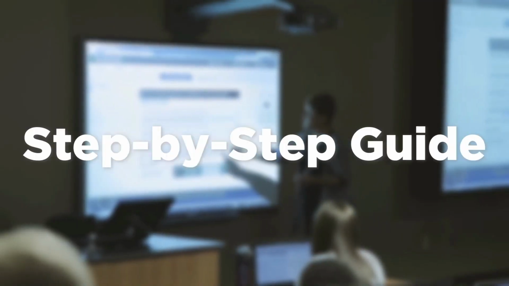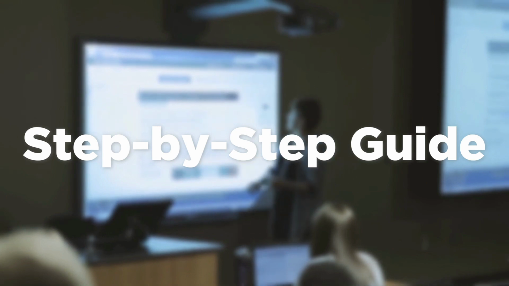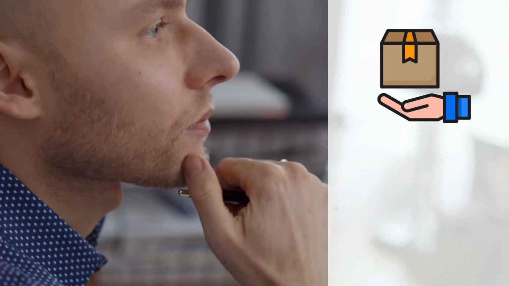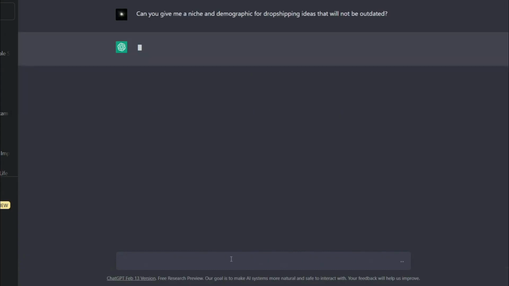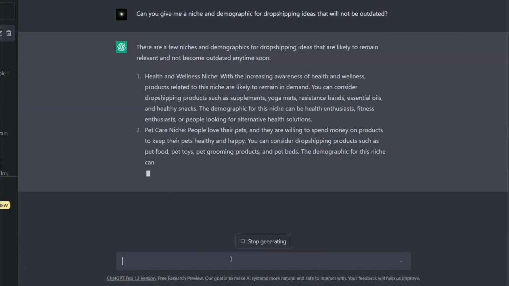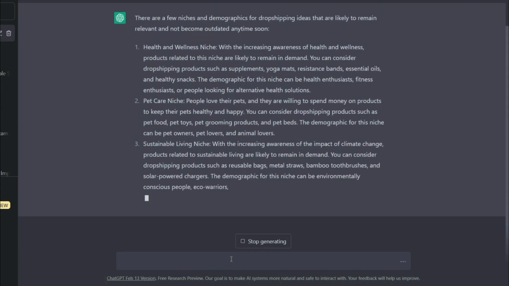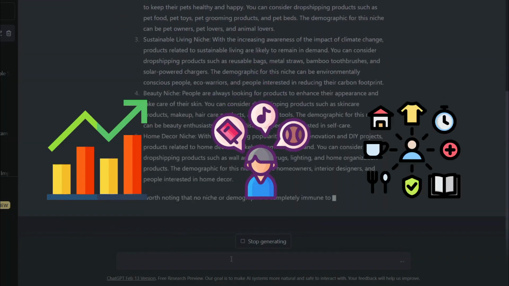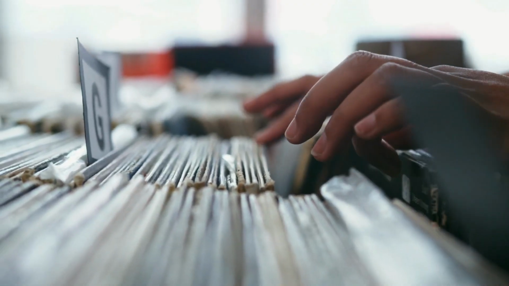Now, here is the step-by-step guide to using AI for dropshipping. Research your niche or demographic. Before you start setting up your dropshipping business, it's important to decide on what you want to sell and who your target audience is. This will help you make informed decisions about the products you want to sell. Start by researching your niche or demographic and consider what types of products would be of interest to your target audience. Look for common trends, interests, and needs, and use this information to determine what types of products would be